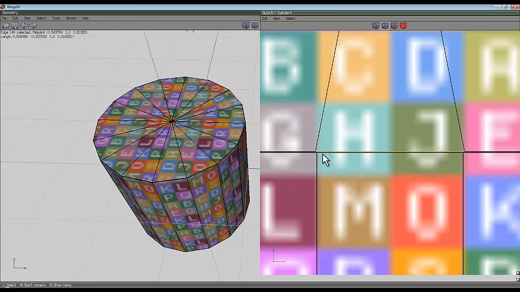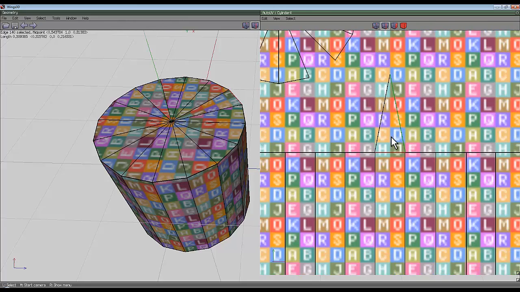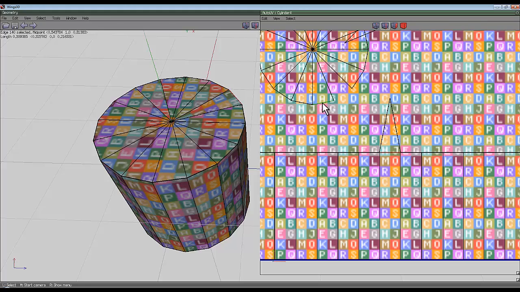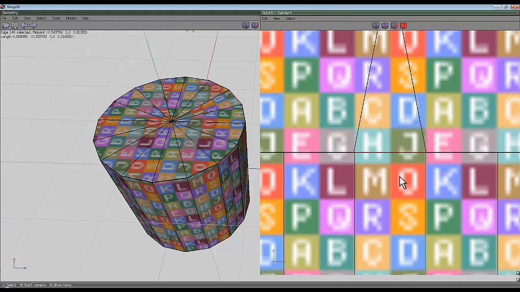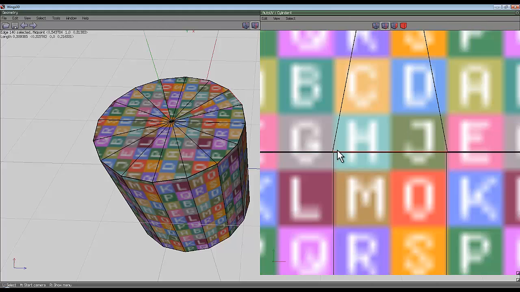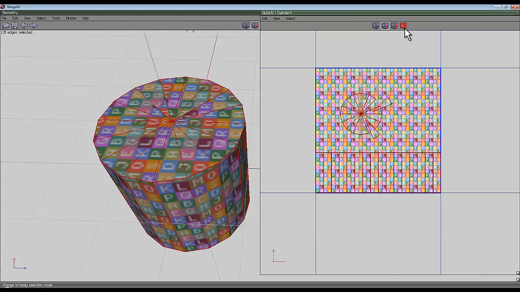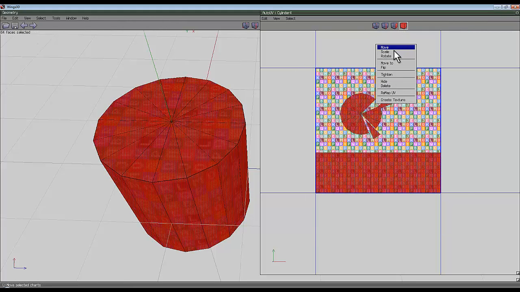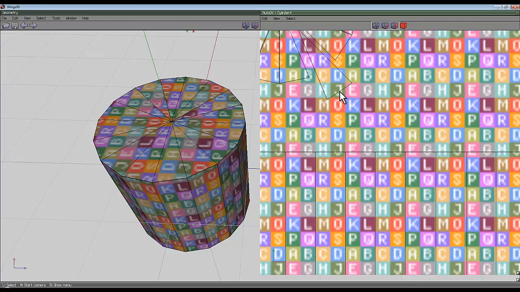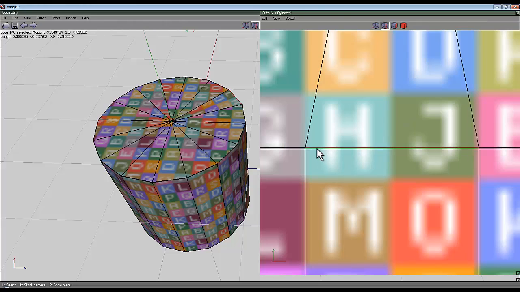And another problem has occurred here as well, because this edge here is not to scale with this edge. When I add the edge, it distorts the micro bevel. So I'll go back a step, Control Z, and what I need to do now is select everything all together and go scale and normalize sizes. Now hopefully when I select this edge and stitch it, it'll go in there without distorting the bevel edge UV